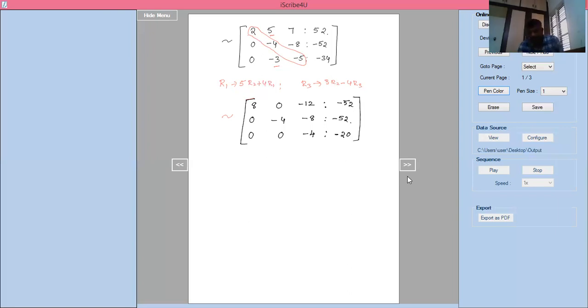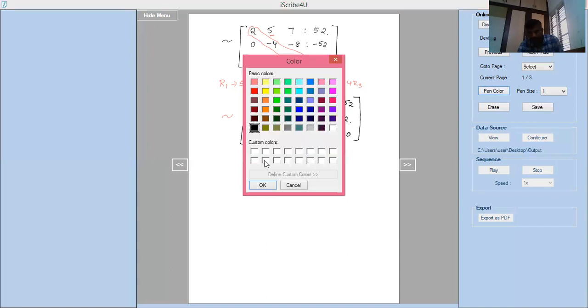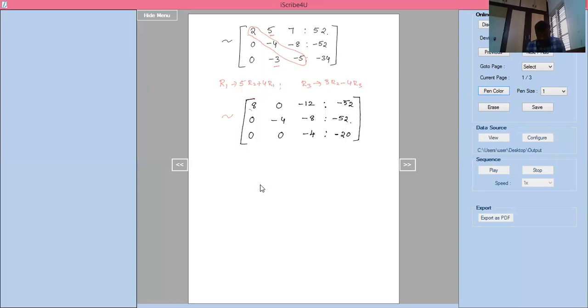You can identify the principal diagonal elements, and we have to simplify. Which one should be the principal diagonal element? This one. Then what you have to do? You have to make this element 0 and this element 0. So to make those elements 0, R1 becomes R1 minus 3R3, and next, R2 becomes R2 minus 2R3.